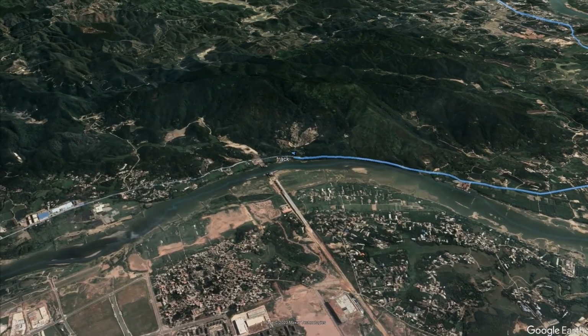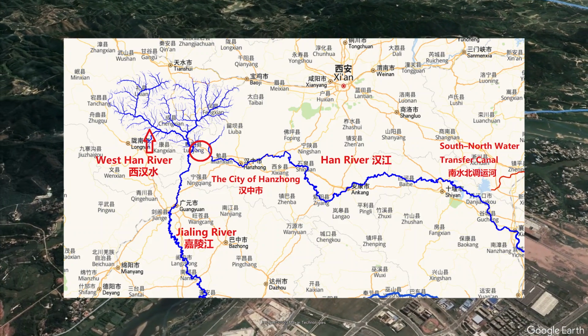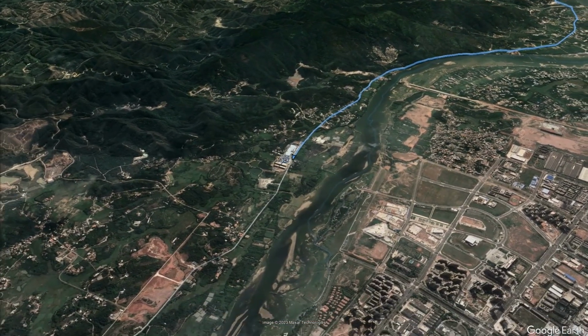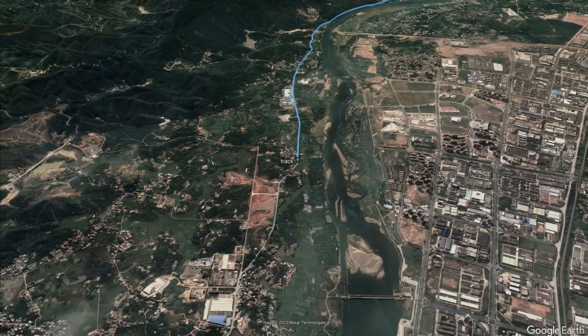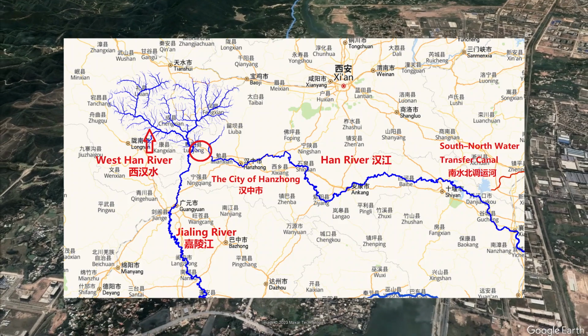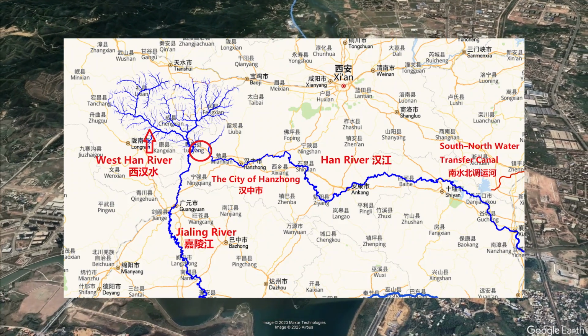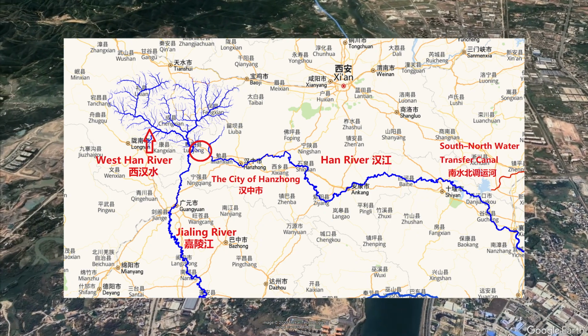The source of the Jialing River was once the source of the Han River. About 2,000 years ago, during the Han Dynasty, a significant earthquake cut off the source of the Han River. The falling rock debris caused by the quake, with a depth of dozens of meters, blocked the flow of the Han River at this location within the circle on the diagram. The major river of the source is still called by its original name, the West Han River. But it will never flow through its original route.